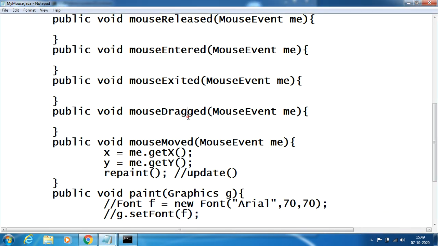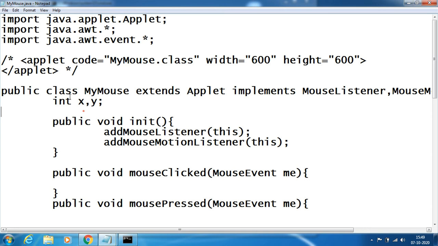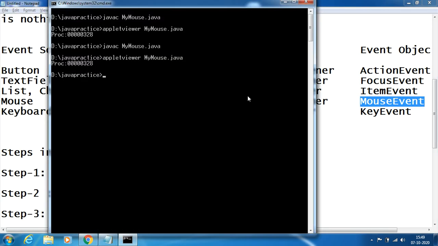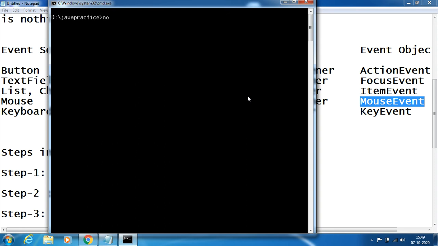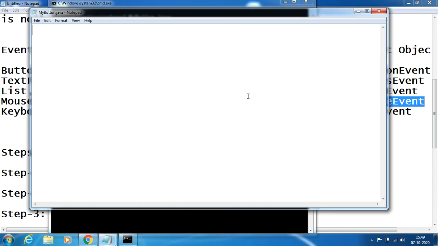Now we try another example. The example is all about a button. We'll take a button example now. Notepad MyButton dot java.